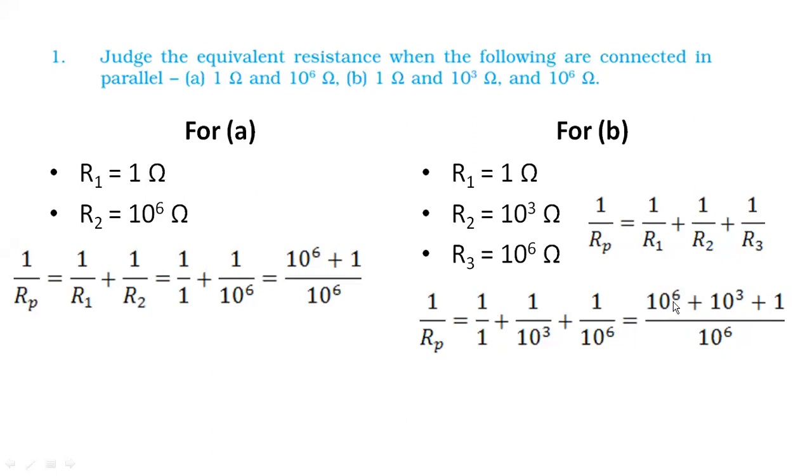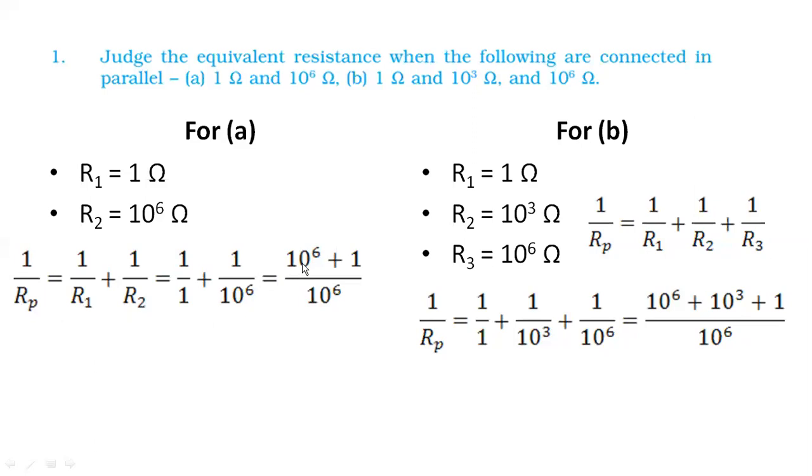So it would be 10 to the power 6 plus. How much should I multiply 10 to the power 3 by to get 10 to the power 6? 10 to the power 3. So I have multiplied, plus 10 to the power 3. And what about the last step? It is already 10 to the power 6, so I just need to add whatever value I have, plus 1.